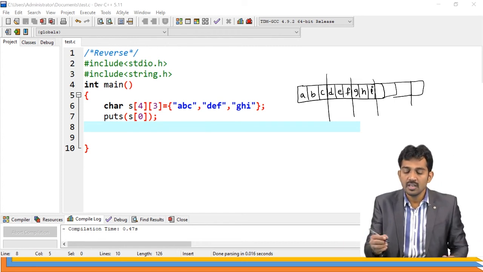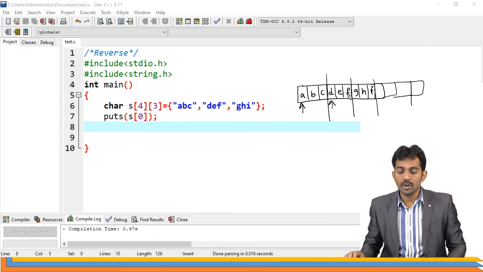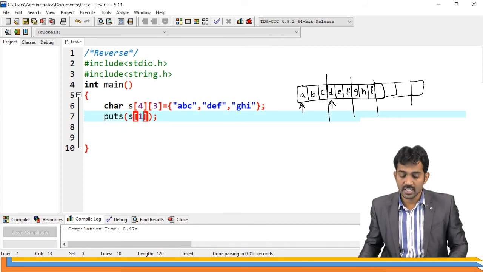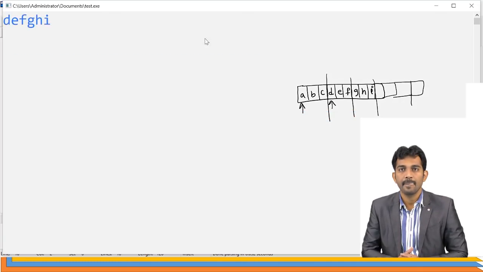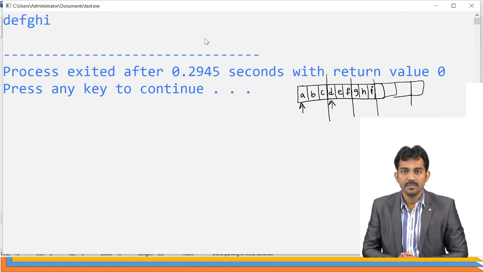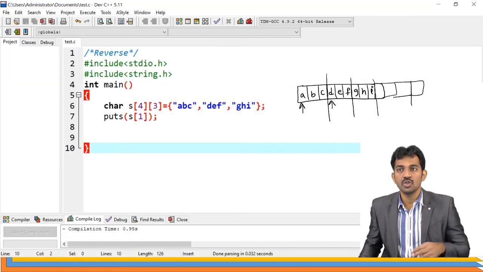That is the reason if you print this one, it is going to print all the strings. For example, if I print the second one, starting from the first character, D, what is the output you are going to get here? DEFGHI, right? The reason is it is going to print until the null character, and there is no null character right here. By default, the null character is there.